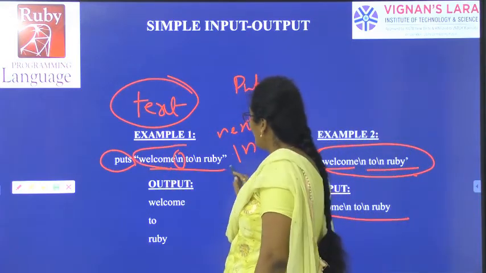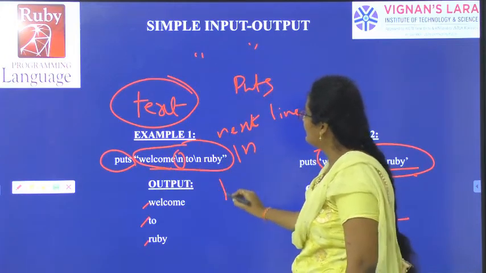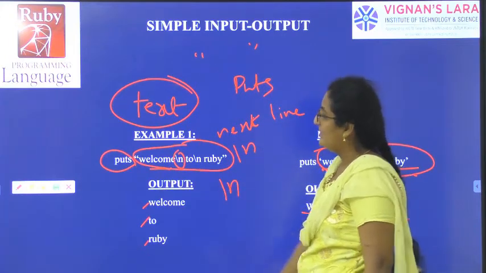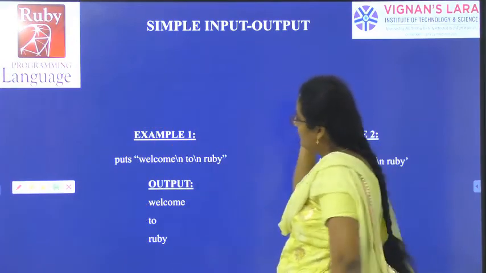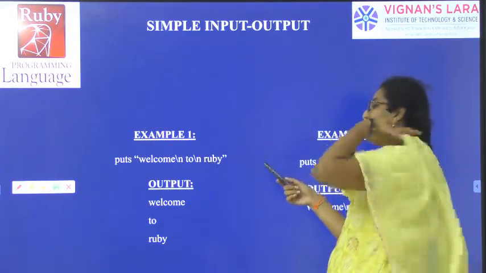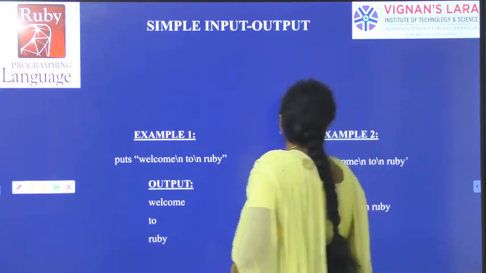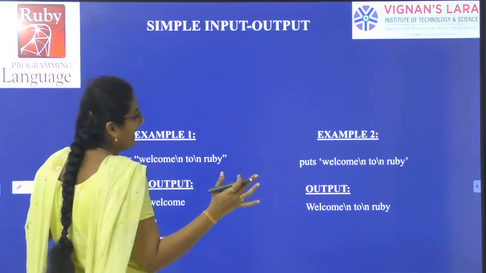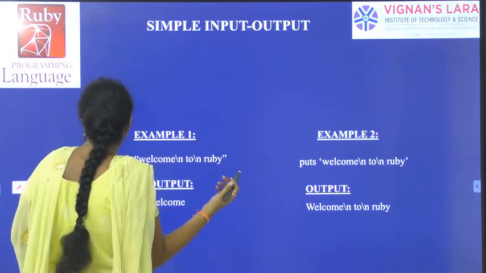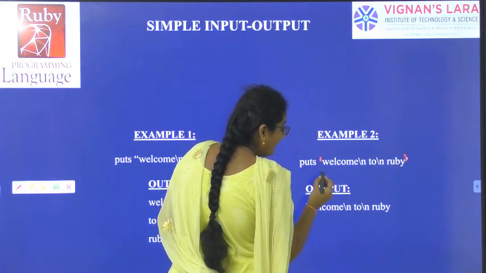If you want it on separate lines, you should use double quotations and use backslash n for the next line. So see here, if you use double quotations and backslash n, you will get welcome to Ruby in three separate lines. If you use single quotations, it will be treated as a single line, and the backslash n will also be printed in the output. If you use single quotations, Ruby will treat